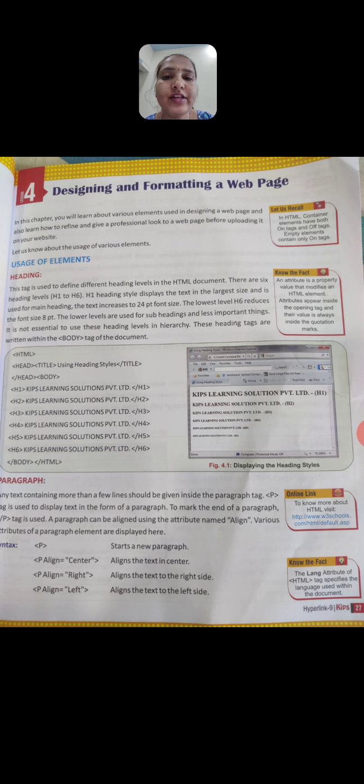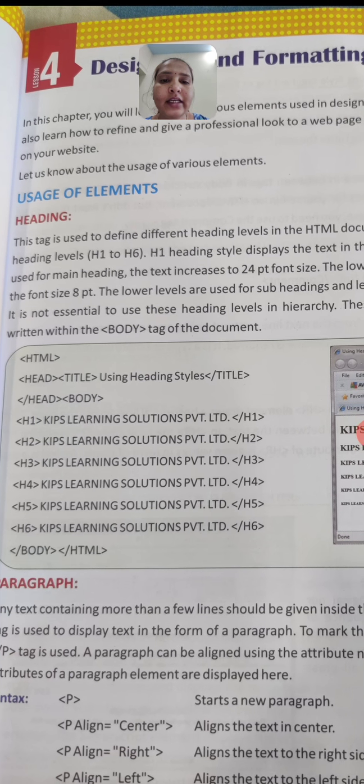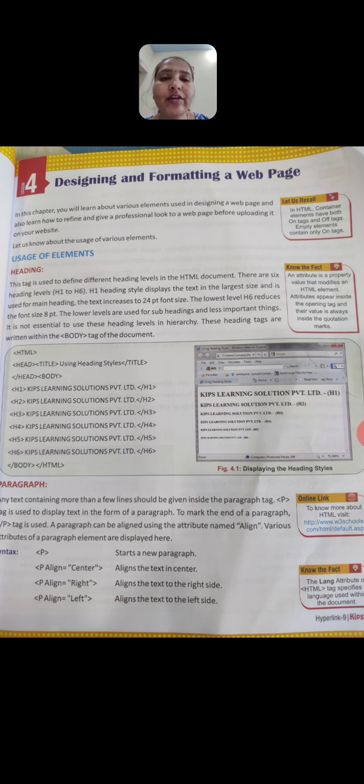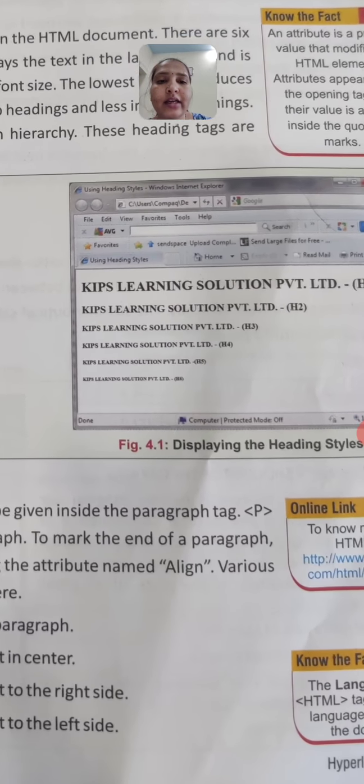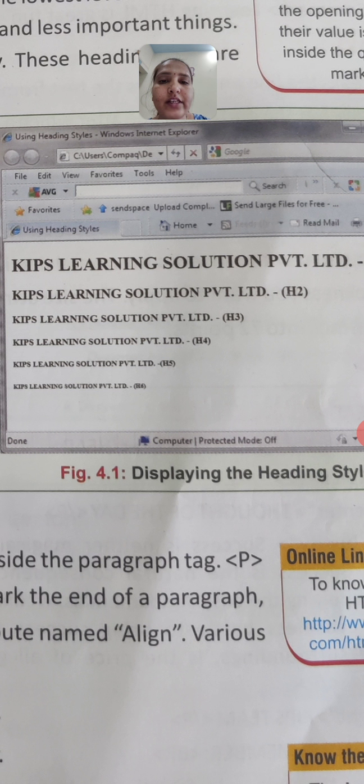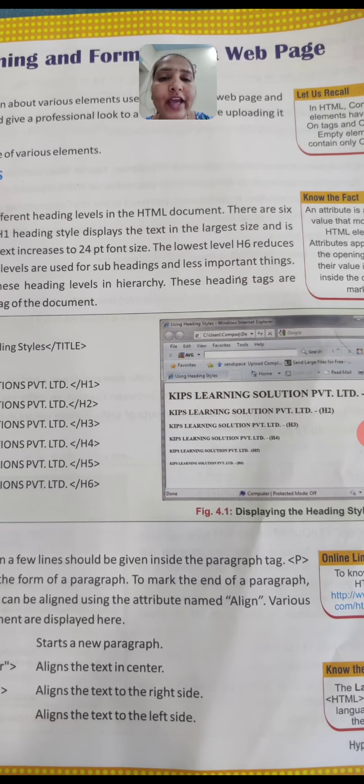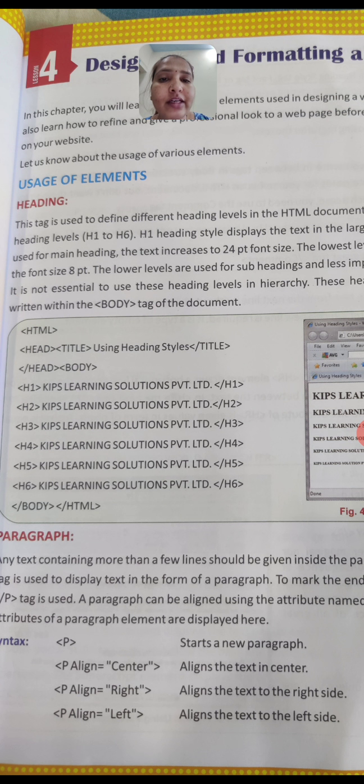The first one is usage of elements. In that you are going to see headings. Usually we write headings in many sizes. See here in this picture, the first one is very big, the next one is a little bit smaller than the first one, the third one is a little bit smaller than the second one. Likewise the headings will be there. For that we have to use the tags called h1, h2 up to h6. We are using heading tags. h1 will be the biggest. Here we have to write the code like this.